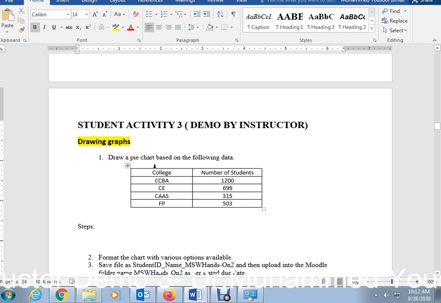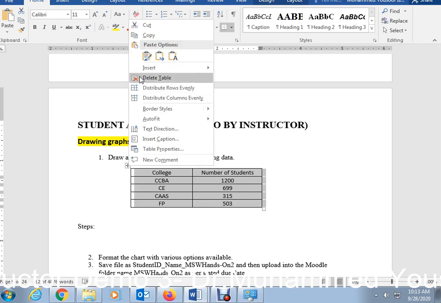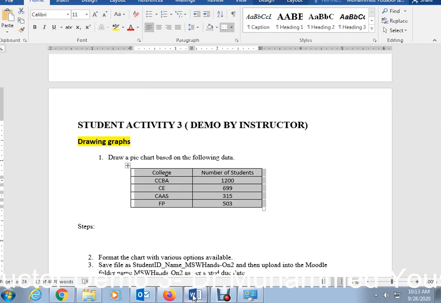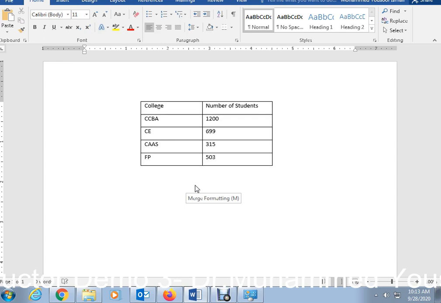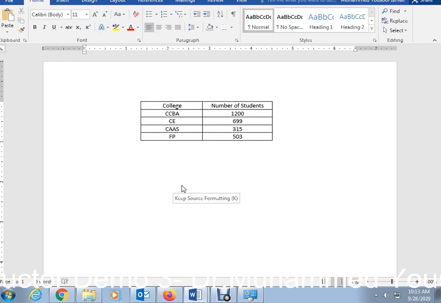See, I don't want to waste a lot of time in drawing the graph. So what I do, there's a table here already. You know how to create a table. You can create a table like this in Word. But now I'm going to copy it and open a new Word document. I just paste it. You see here there are three types. If you only use text, it will be pasted like this. If you paste like this, it is going to merge formatting. And this is what is the best: keep the source formatting. It copies the file as it is, like a table.